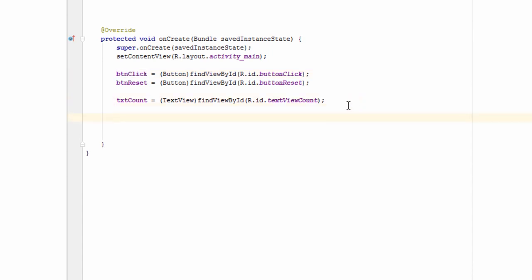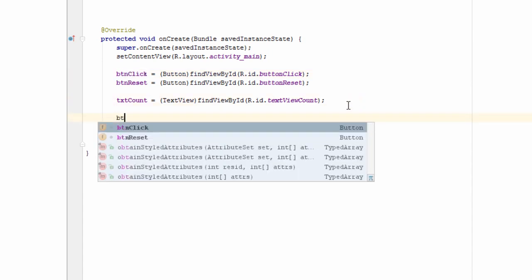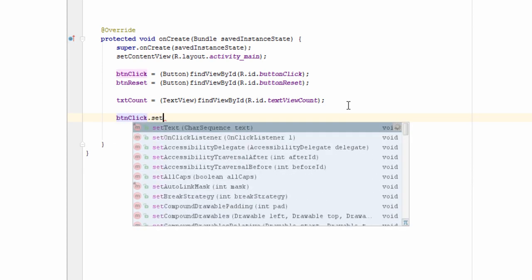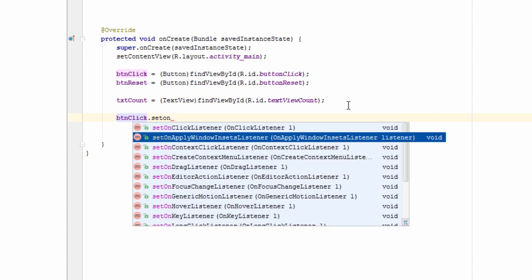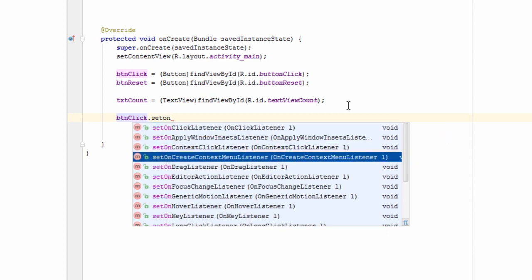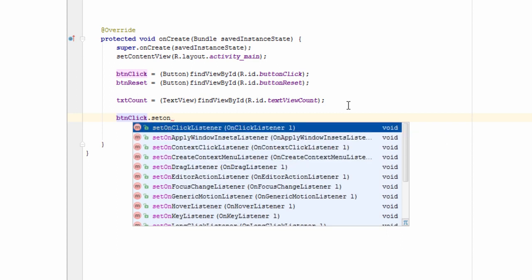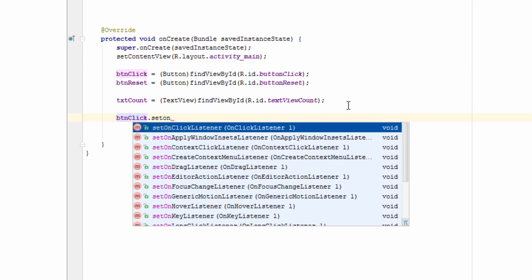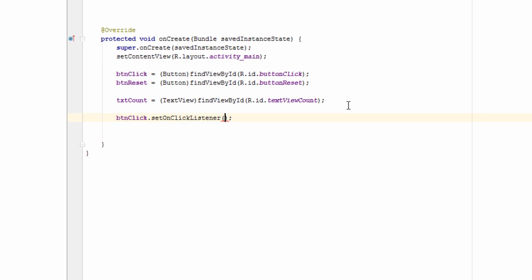The one easy way is just to have the button click dot set on click listener. As I type, it's suggesting items, right? Because Android Studio is intelligent like that. So I'm just gonna select set on click listener, enter, and then in here I need to go again, new